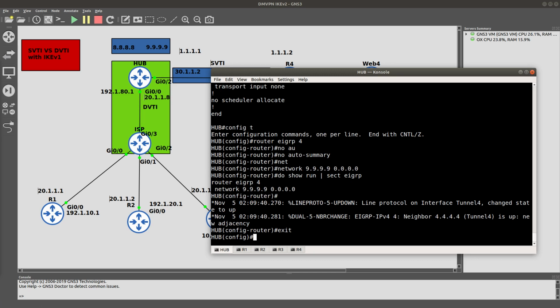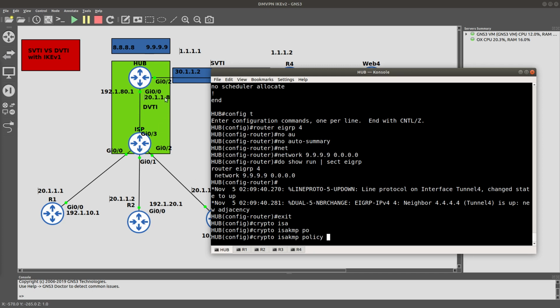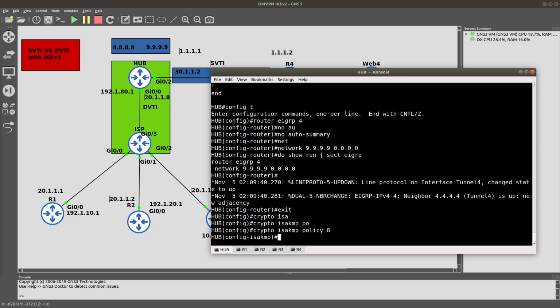So the first thing that you need to do for DVTI is the same thing that we did before. So we need to configure IKEv1 phase 1 and IKEv1 phase 2. Let's go ahead and do that. Crypto ISAKMP policy, and we are just going to use policy number 8. And here,